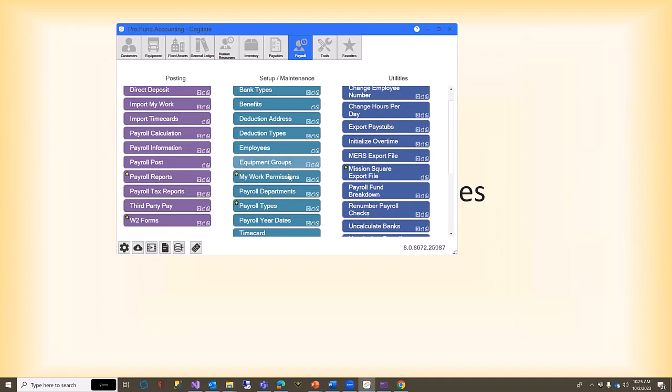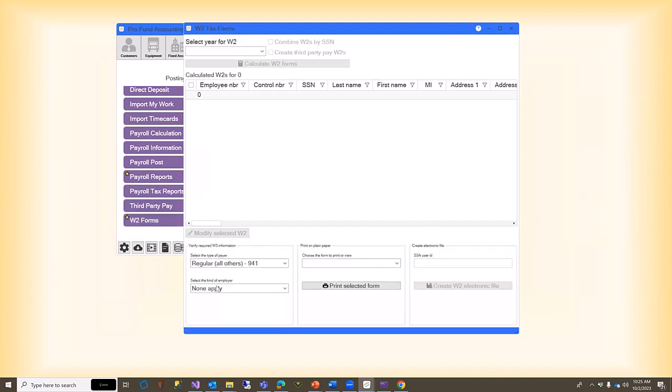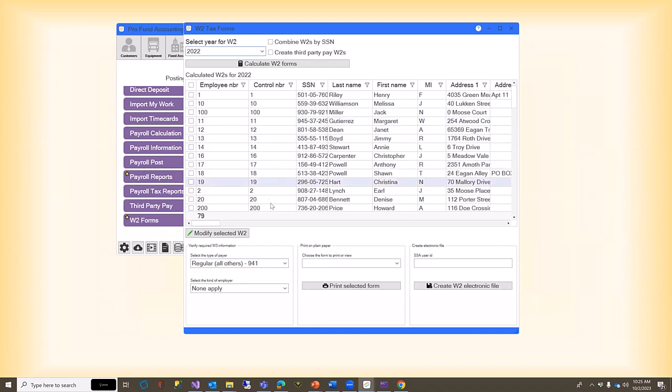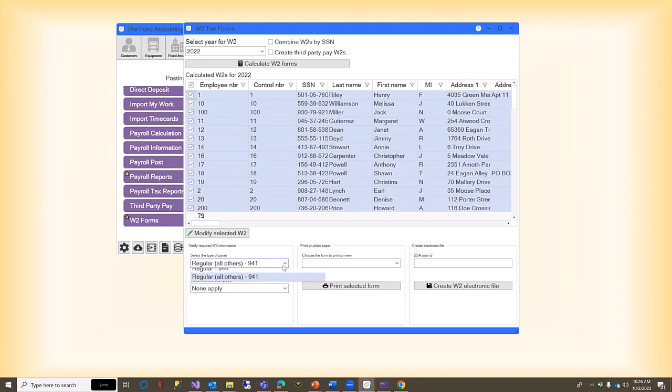And then just so you understand how the W-2 form works, when we go to the W-3, and let me get another W-2 up, 9/2022. When we go to the W-3, anything that isn't checked won't get added to a W-3. So when you bring it up, you want to make sure you get everybody checked. And then if you come in here and ask for your W-3 report,